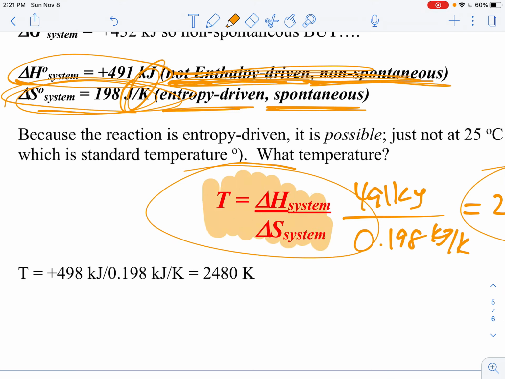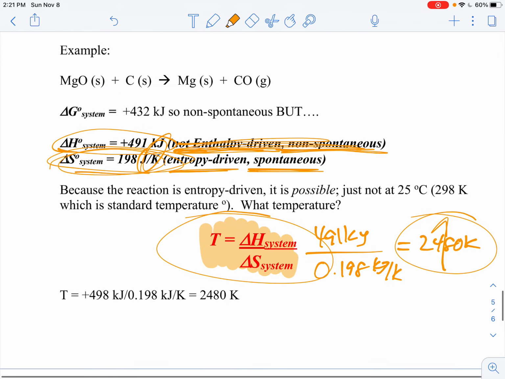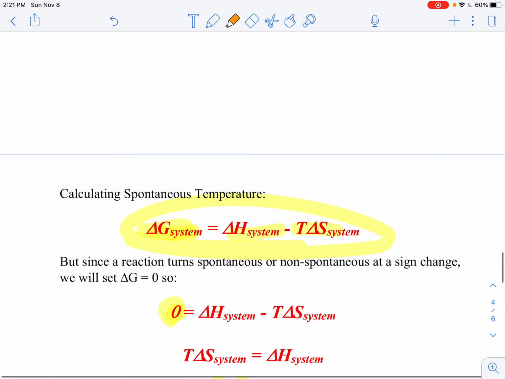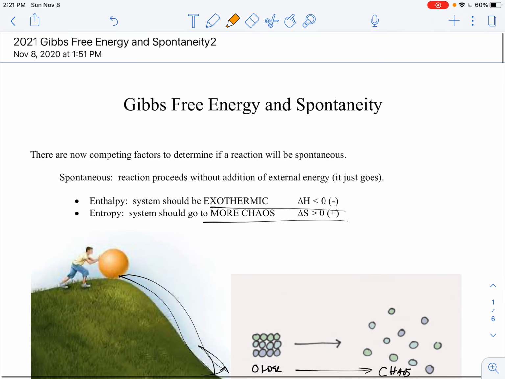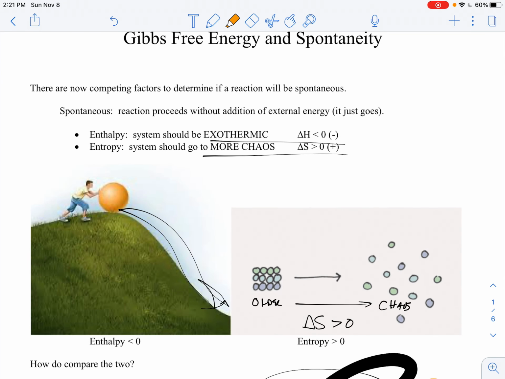So our last equation here is this temperature one, where you can actually figure out what the temperature is of a reaction for it to be spontaneous or non-spontaneous, depending on what your enthalpy and entropy are. So the Gibbs free energy, going back to this, is the combination of all of our factors: enthalpy, entropy, and temperature,